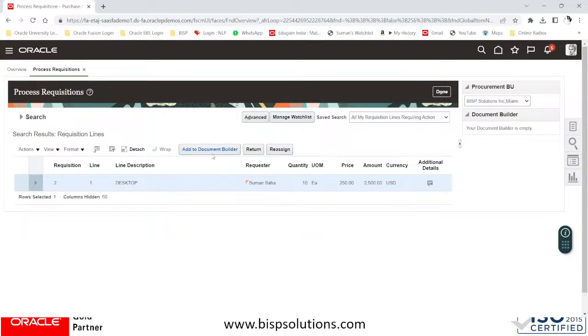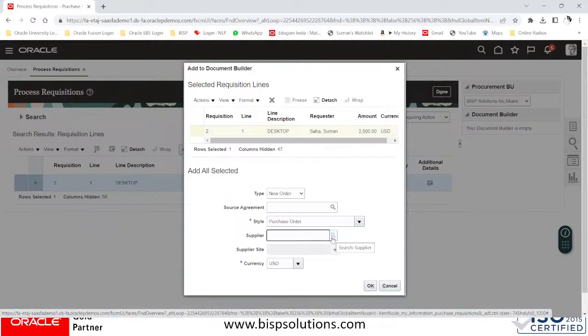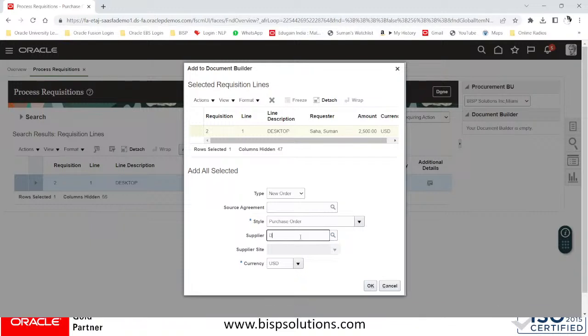Select the same and add to the document builder. Requisition line, we are creating, add to document builder. Select the same, add to the document builder. So we will add the supplier, who is the supplier of this material. Let's say Dell is the supplier, right? So select the same and say OK,